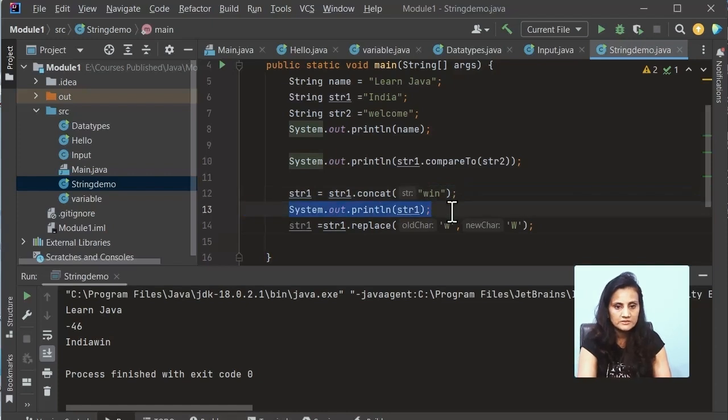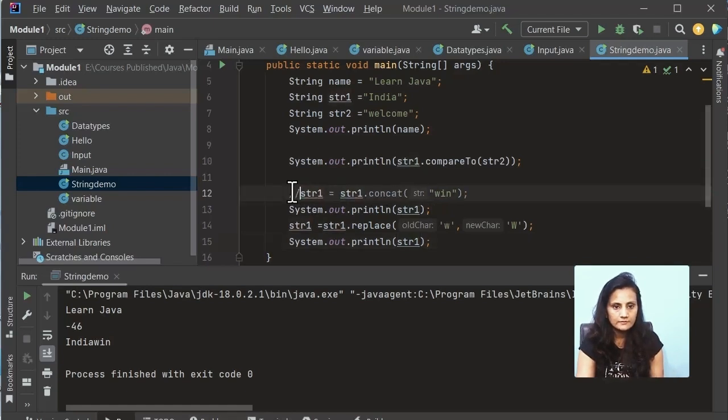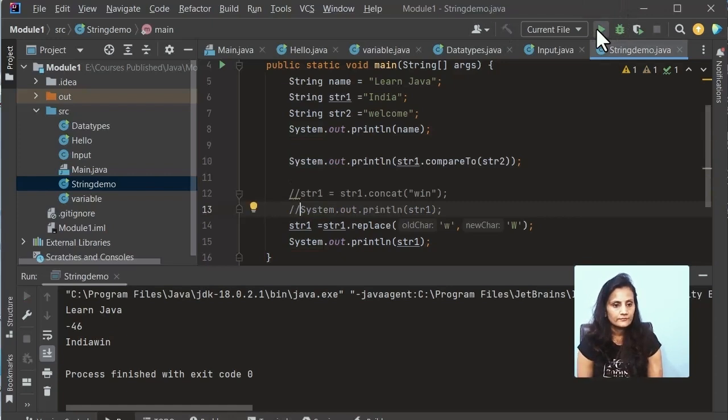So let me just copy paste and I will comment this. Control S. Let's check this. This time you're going to see only India. We did not concatenate it, sorry.